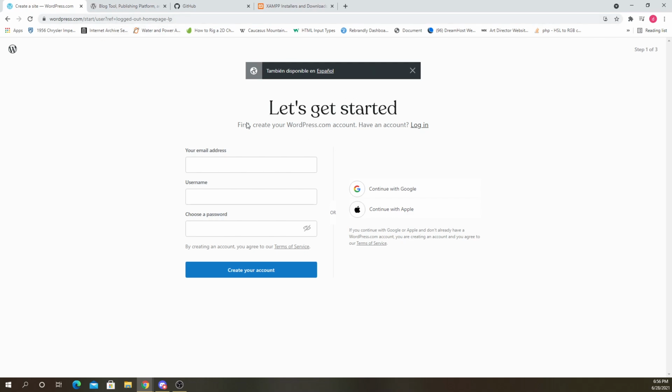But if you haven't, you're gonna need to put in your email address, give yourself a username and a password, and create your account. And I'm pretty sure you're probably gonna have to do some confirming of your email and stuff. So check your email for the confirmation link. Okay. And then once you're ready, we'll be looking at the same page. Okay. So let me give you guys a few minutes. Give you guys like 5 minutes to sign up for WordPress.com, and then I'll get back to you.